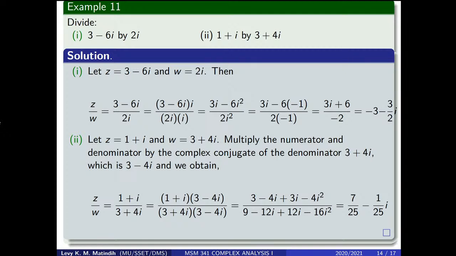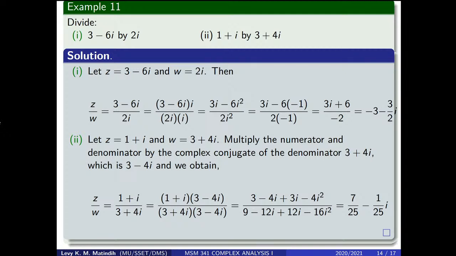So now when we expand, we multiply these two, what we are going to get is 1 plus i multiplied by 3 minus 4i. We're going to get 3 minus 4i plus 3i minus 4i squared. Simplifying this, we are supposed to get,